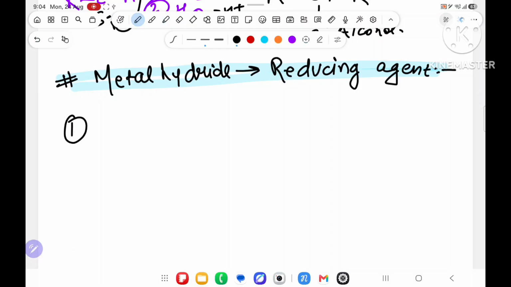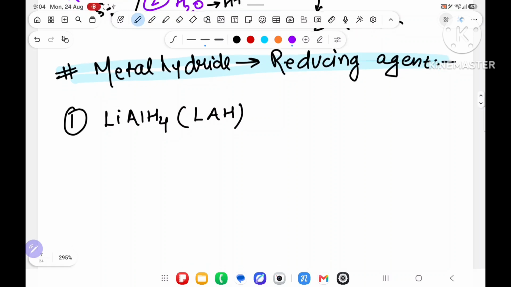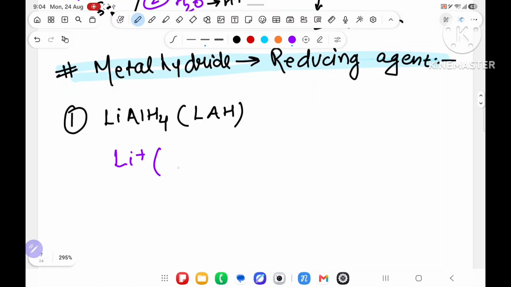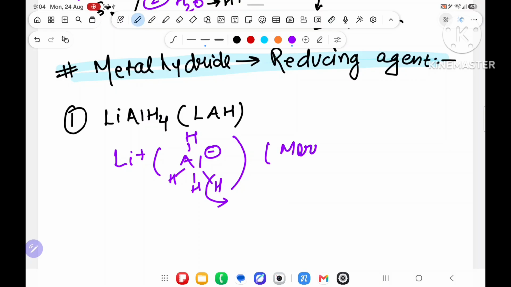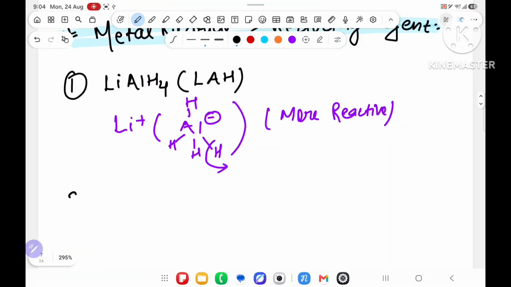Very important. The first metal hydride I am using over here is LiAlH4, that is also written as LAH. Li plus, and it will give Al, H, H, H, H, and aluminum has minus. Over here H will go, minus will go from here, and it is more reactive. And it has 4 hydrogen. So how many hydrogen are required? It will give, and it can reduce each and everything. I will tell you what. First LiAlH4. Second one is